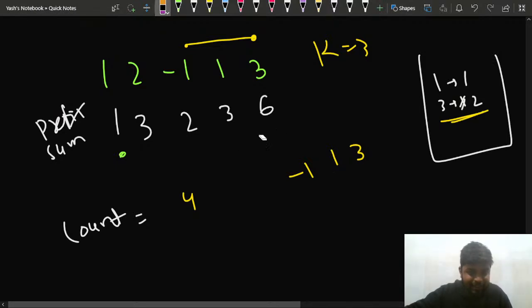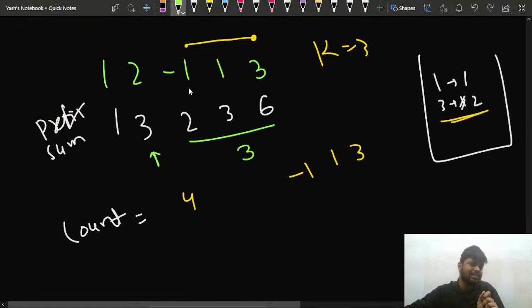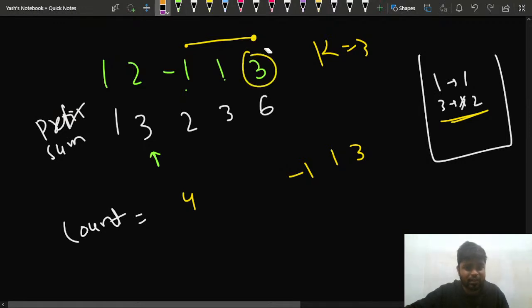If the sum till here is 3, that means this particular part is getting 6, so the sum till here addition would be 3, and that is the case, right? Minus 1, 1 and 3, that gets me overall 3, right? So that's why I am doing it. Now another subarray is this 3 itself. You can see that this element is itself existing, so that's why the count would be